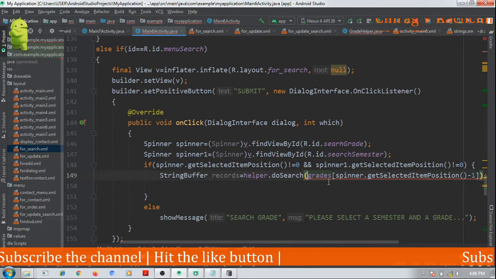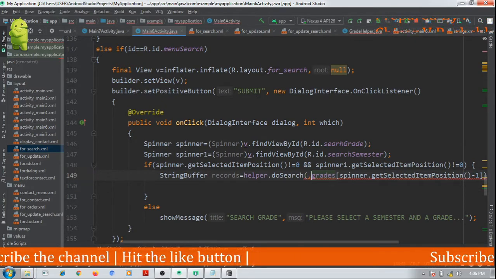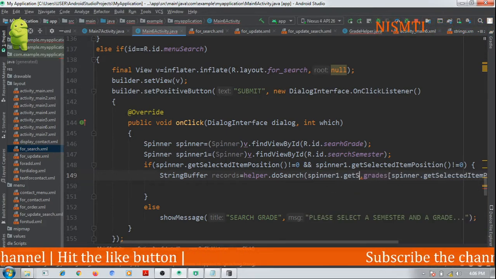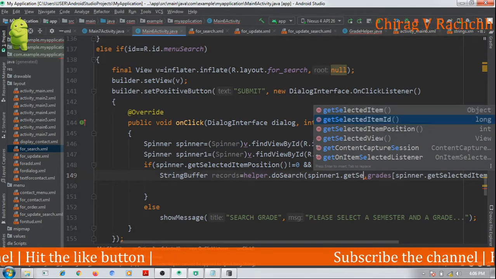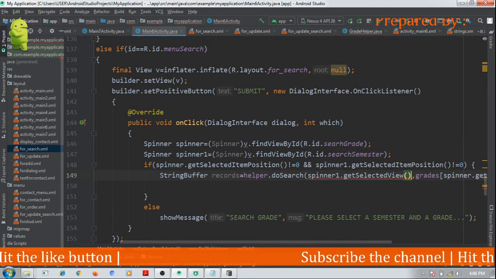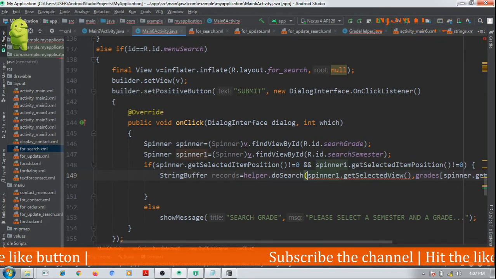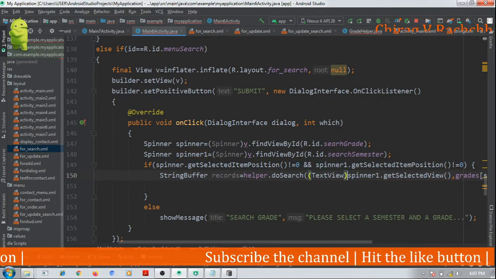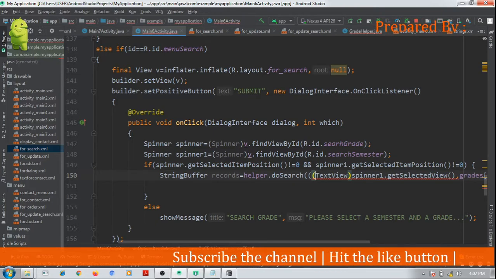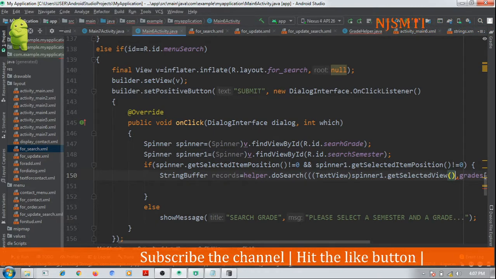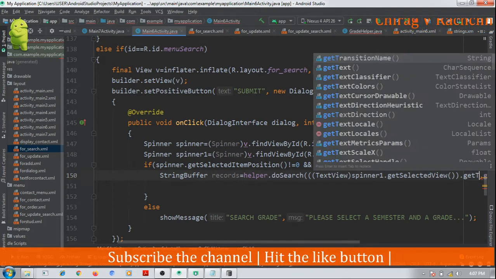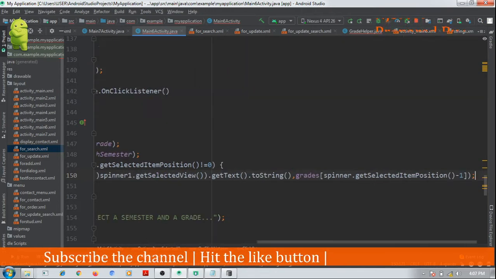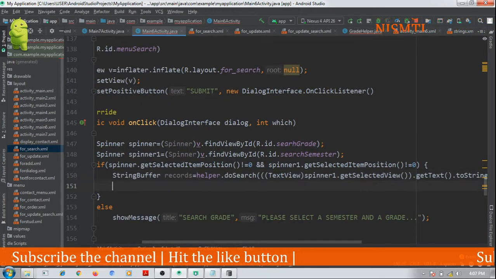The first thing to be passed is the semester which is selected: spinner1.getSelectedView, that is a TextView, dot getText dot toString. Both these things are passed as arguments here.